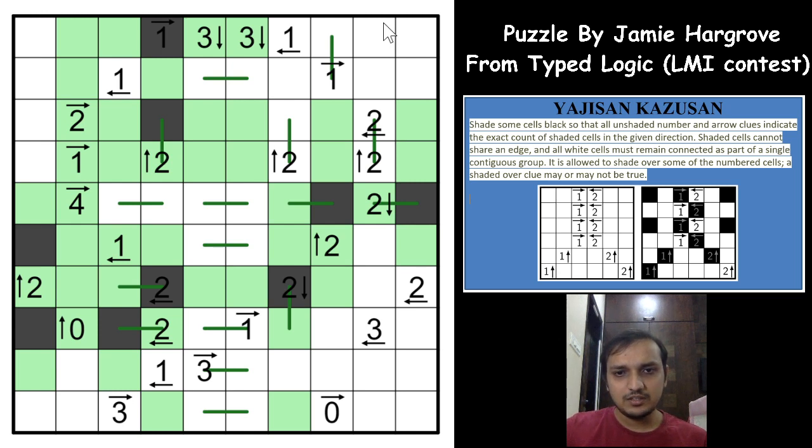Let's see if we get anything. So as I already said, the logic here, the 2 is already fulfilled, and you cannot have this cell as shaded, because that will violate the 2. Which means this is unshaded, and let's see if I can get anything here for the two.